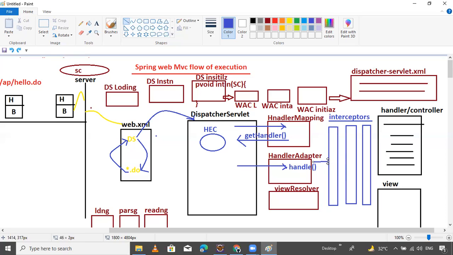Now again it goes to the second interceptor, the request, then the third. Here it's performing some operation. Now the controller is there, then perform the controller.